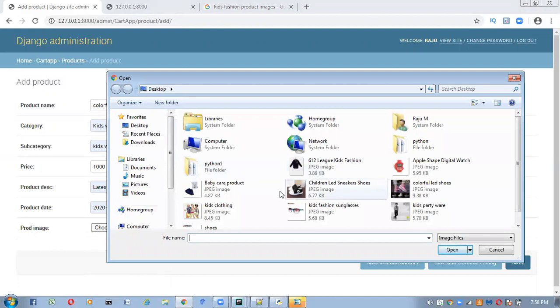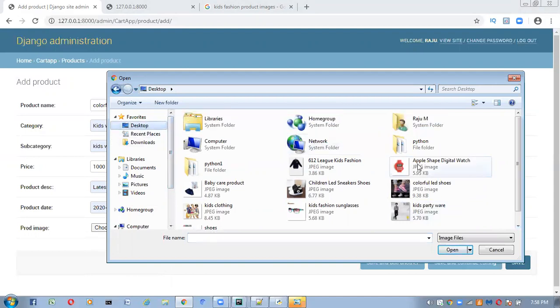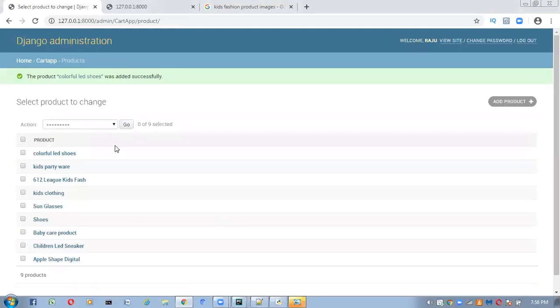Here where it is, click on this desktop, colorful shoes, yes, this one, select this one, open, save.